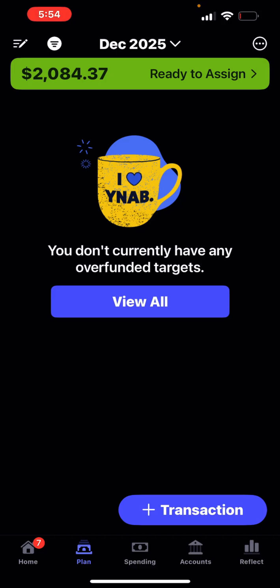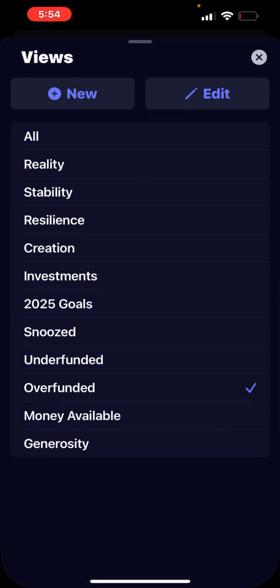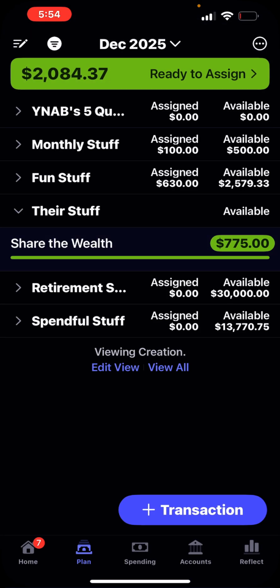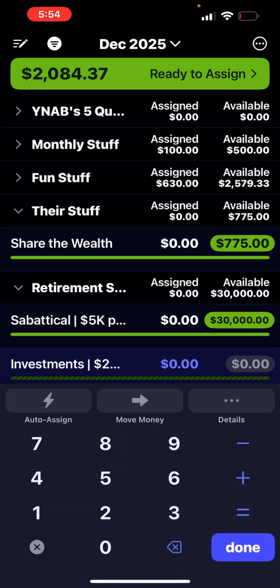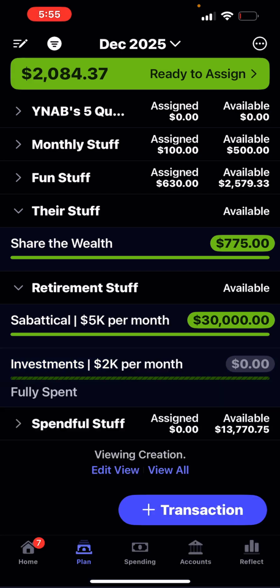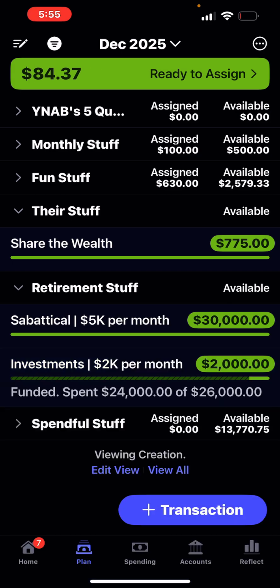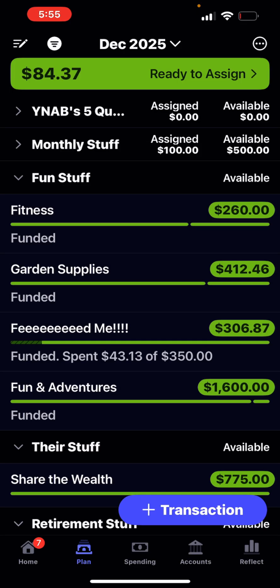and we have $2,084.37 that we can allocate. And I think I want to put it into the investments. So I want to put 2,000 of it into investments and get that invested this month. And then I'll take the $84.37, and I think I will put that in